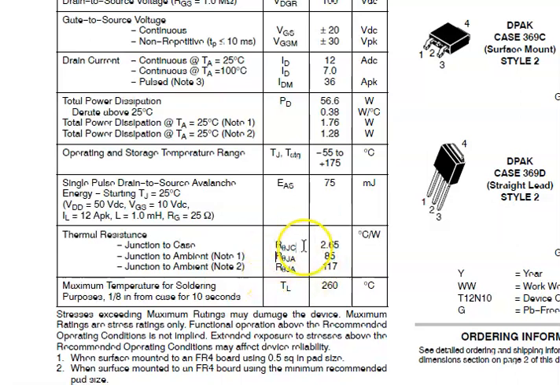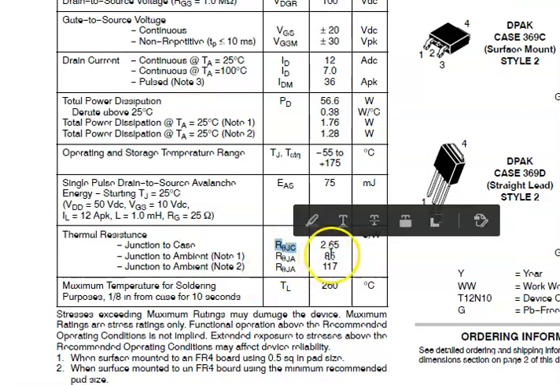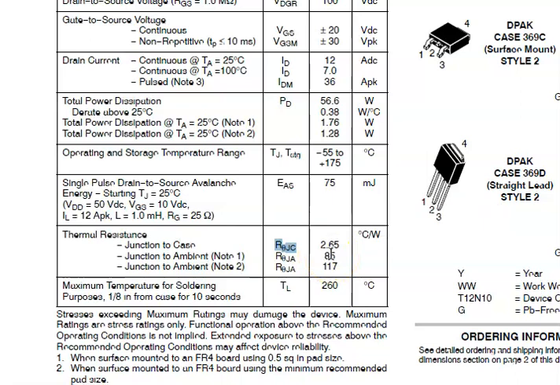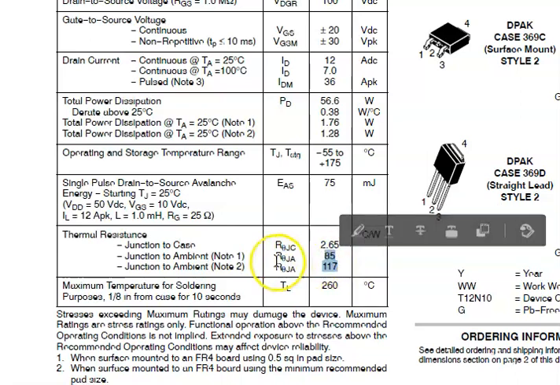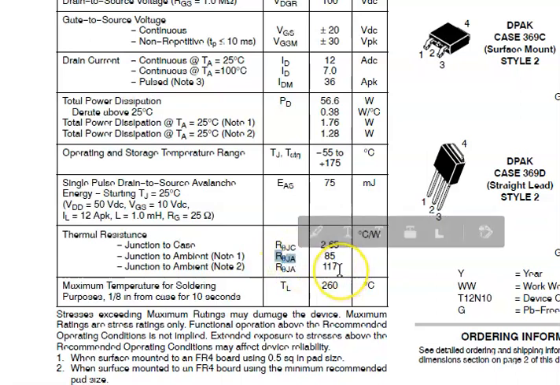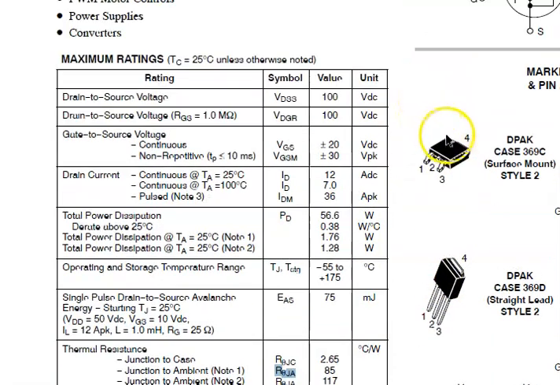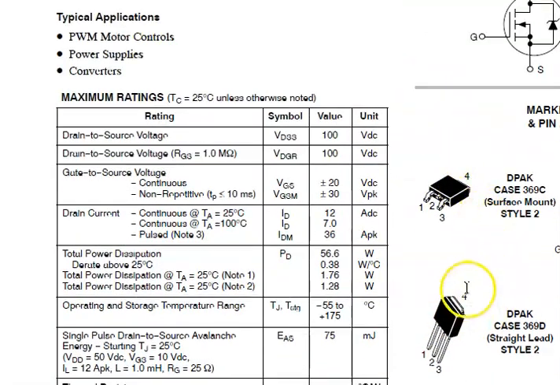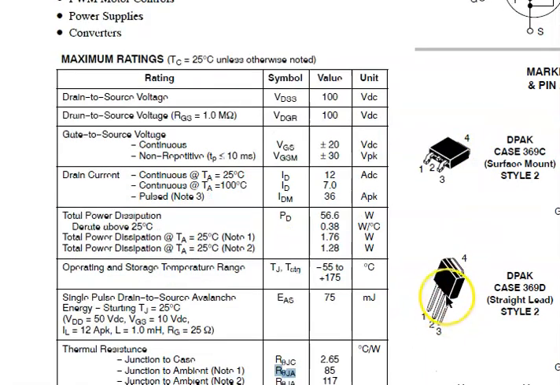JC is the value that we use when we apply a heatsink to the system. JA is the situation where we don't use any heatsink. So take a look at your part here. This part we don't have any metal screw hole. So that means we either